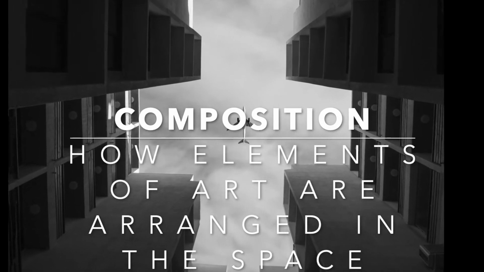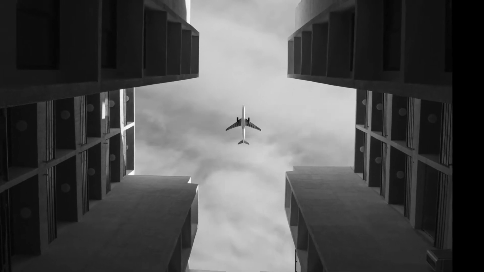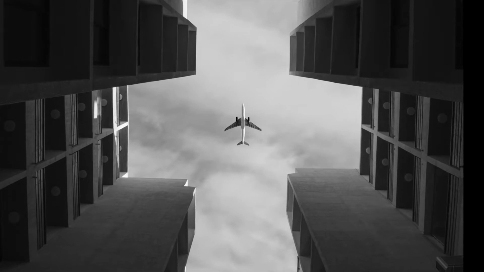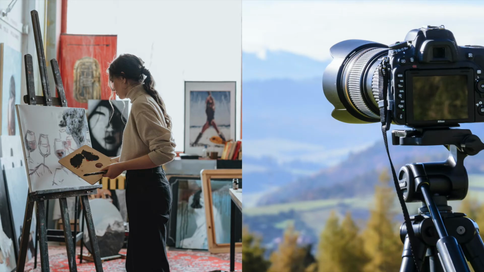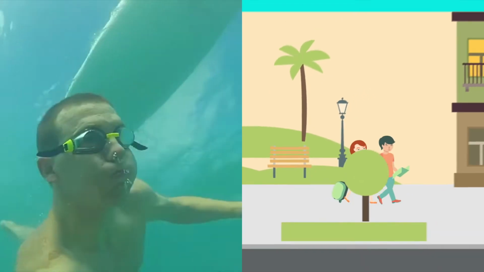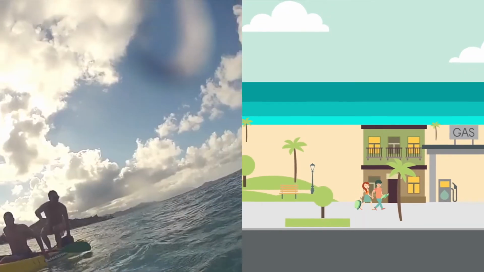of your painting or drawing or whatever kind of canvas it is that you're working on, how those elements are arranged in the space. While fine arts and photography are traditionally still and only have to worry about one composition, cinematography and animation have to worry about the composition as it changes over time or as you transition to new